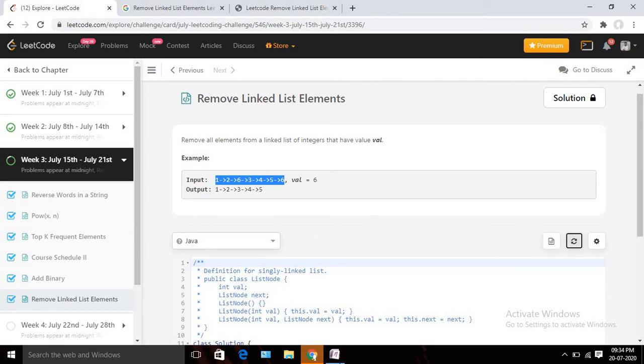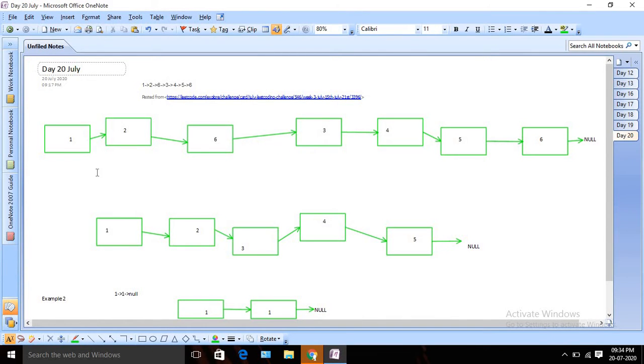So let us discuss the approach first, how we can do it, and then we are going to implement it using Java. Okay, so if you draw the linked list, it will look like this, right? Each and everything is a node here. So one is pointing to the 2. Just remember one thing, don't go by the actual value. For each node we have one reference or location value in the memory. So it is pointing to probably A1 location, it is pointing to probably A2 location.